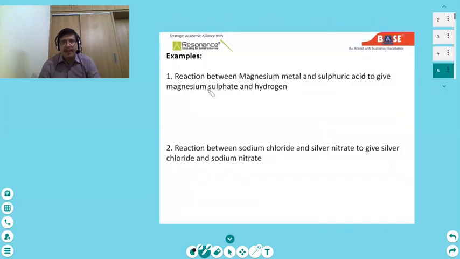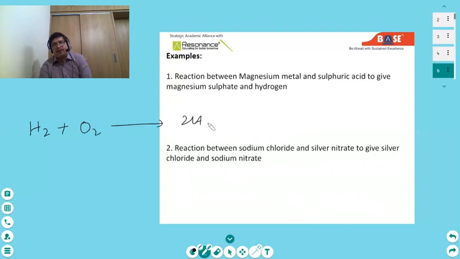Let's see a couple more examples. The reaction between magnesium metal and sulfuric acid to give magnesium sulfate and hydrogen. Before that, I will give you a simple reaction and explain the various components there. For example, if I write the formation of water, so oxygen and hydrogen, and then I write 2H2O